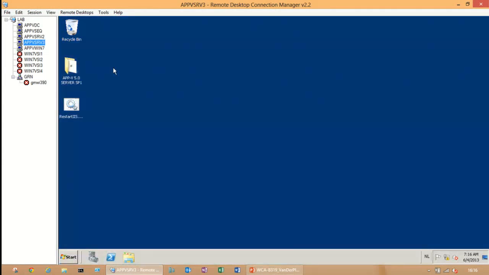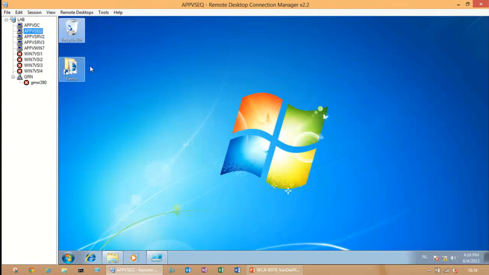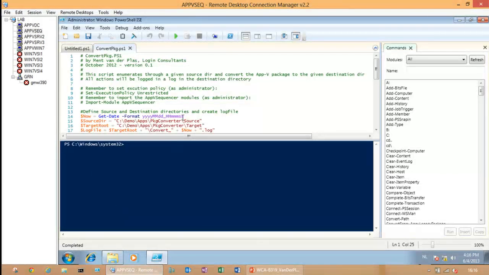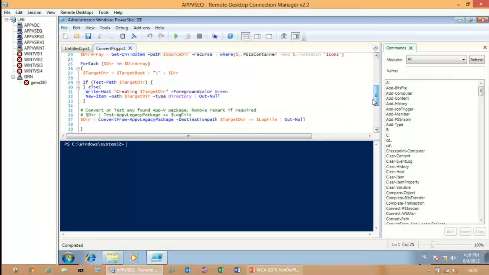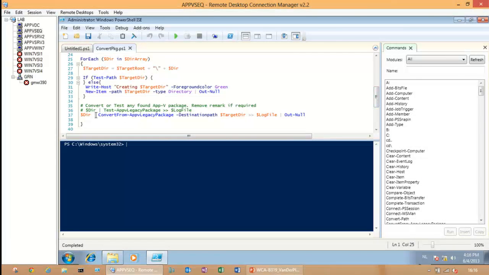So as I said, the converter is a PowerShell commandlet, and it's part of the sequencer installation. So you don't find it, it's not a separate installation, it's part of the sequencer installation. I have created a script. So basically the command is pretty straightforward. You can convert a legacy package from a source path to a destination path, and